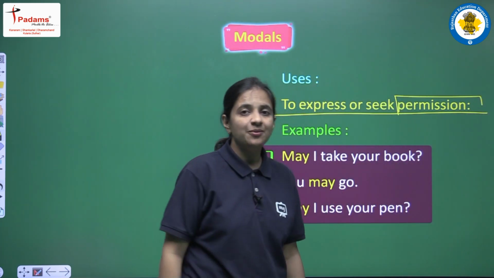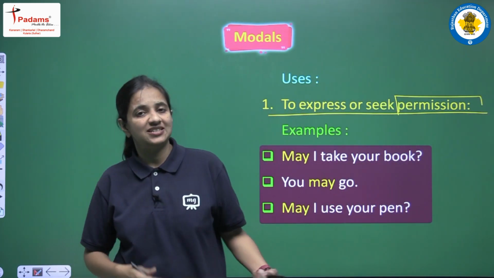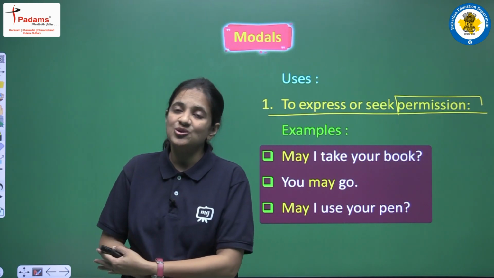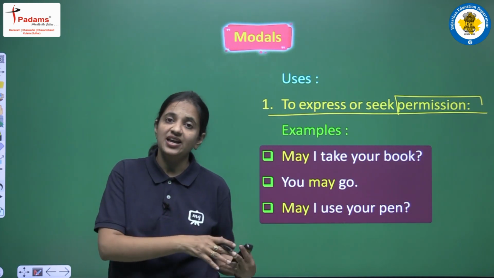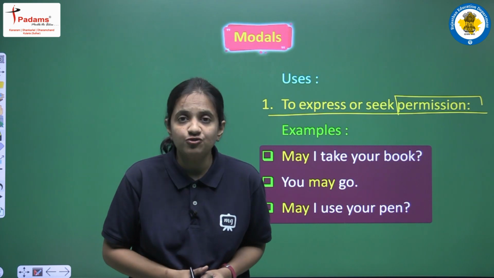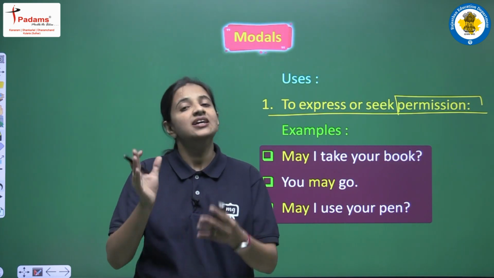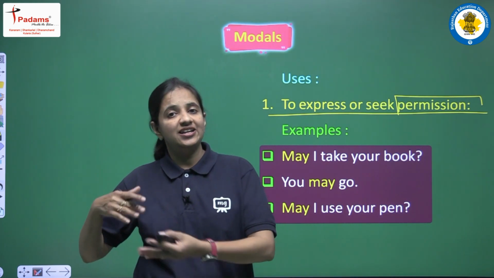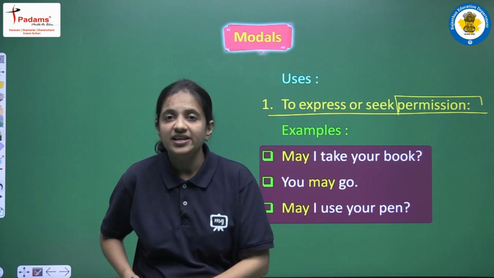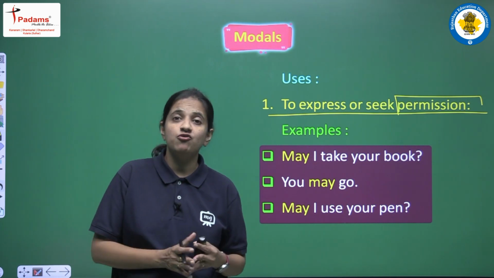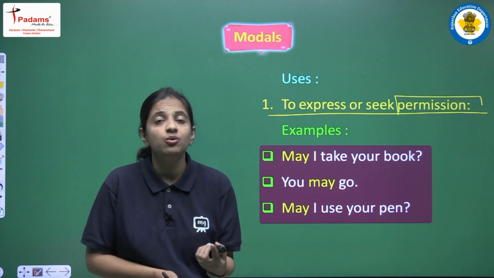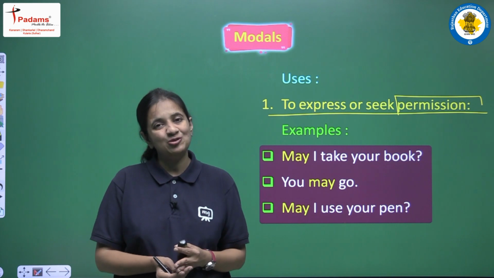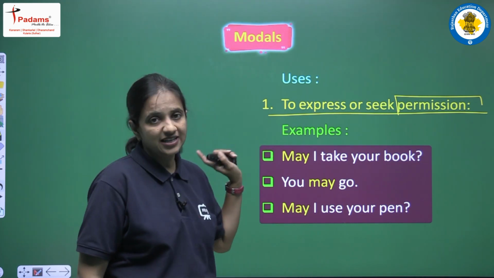So before this also we had read the word permission when we were discussing can. So at that time also I cleared this thing that may and can, they both are used for permission. But what was the difference? The difference is that may is a very formal kind of permission and can we use in very informal permission. So if we want to ask, if we want to give a formal permission, then we have to use may. So let's read the examples here.